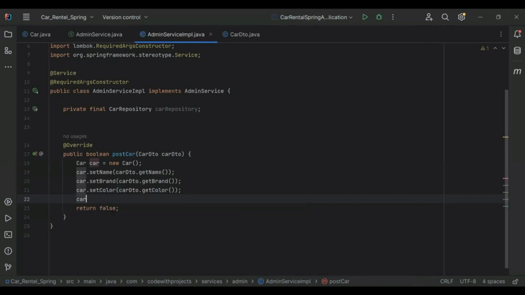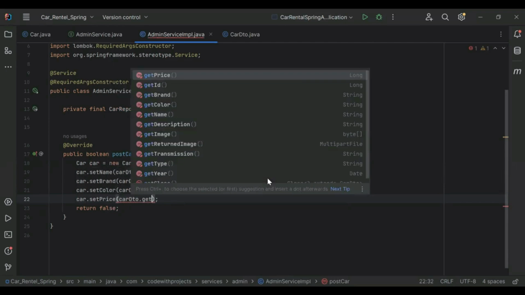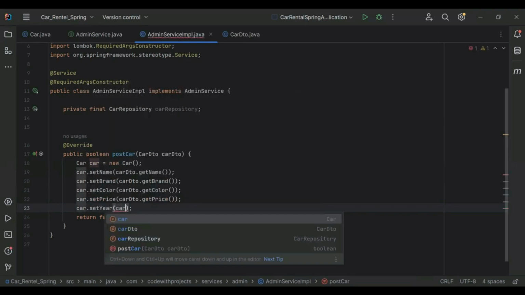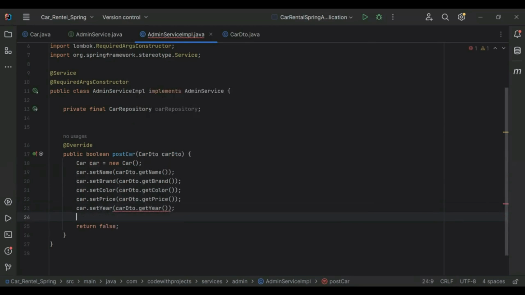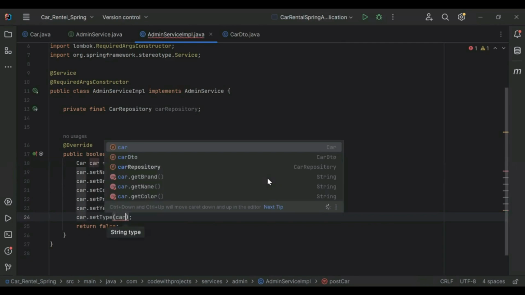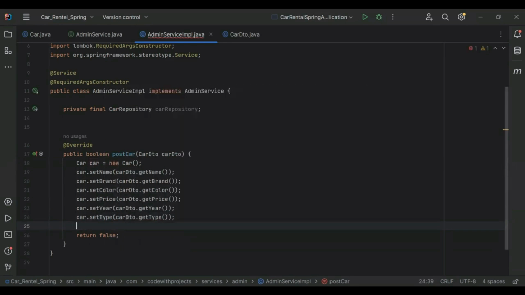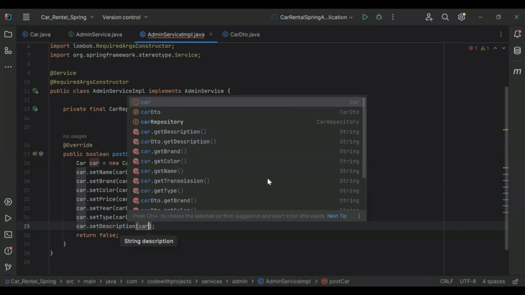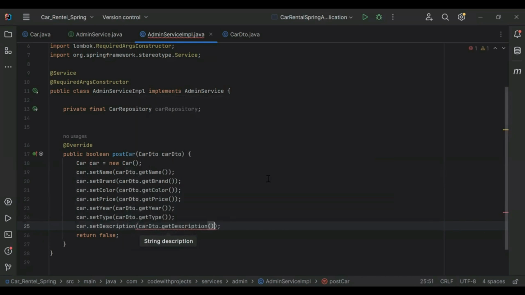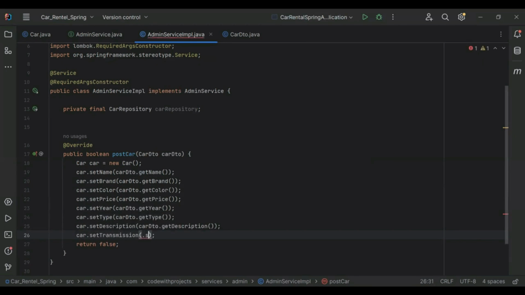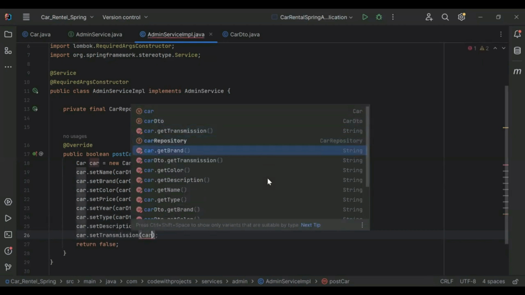After that, we need to set the price, and we'll get the price from carDto.getPrice, car.setYear, and we'll get the year from carDto.getYear, car.setType, and we'll get the type from carDto.getType, car.setDescription, and we'll get the description from carDto.getDescription, car.setTransmission, and we will get the transmission from carDto.getTransmission.